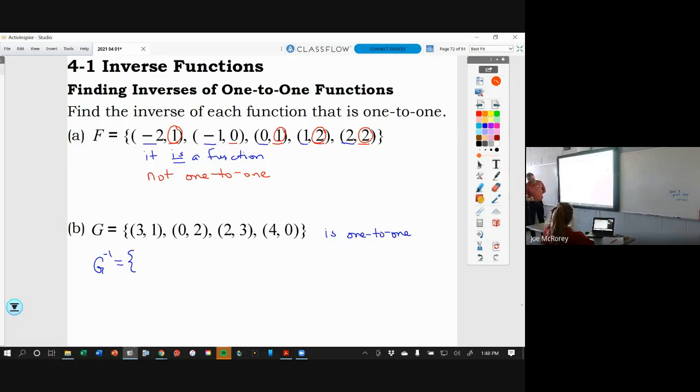and Hannah was exactly right, all you do is change places with the X's and the Y's. So 1, 3, 2, 0, 3, 2, and 0, 4. And if you wanted to rewrite that and put it in order, you could do that, but